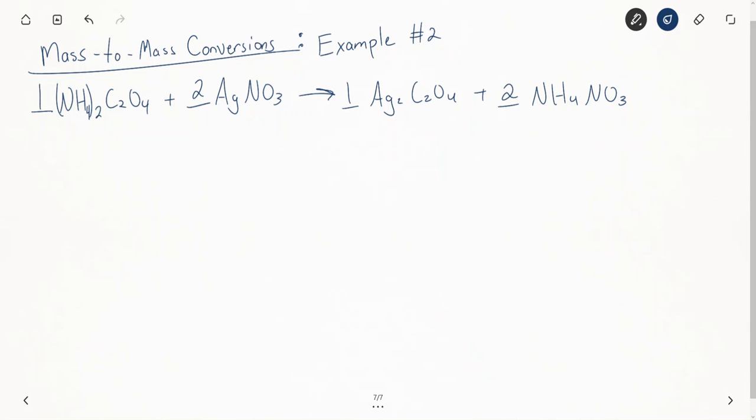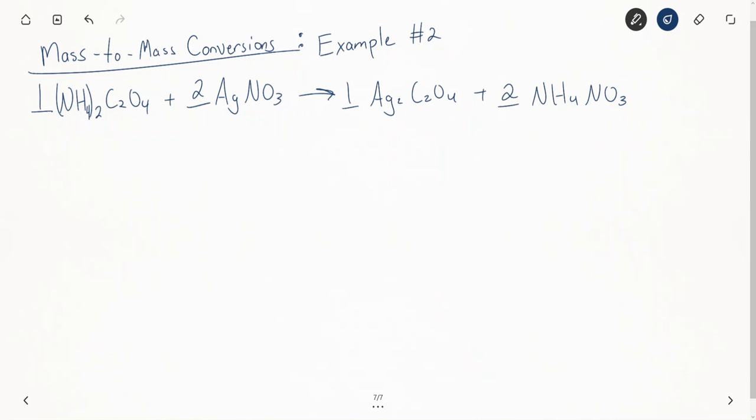If that was fast and you don't understand how to do balancing, ask us and we can go through how you would actually balance this, but we want to focus more on the mass-to-mass conversion here. So this is what we would face if we have to convert one of these substances in grams to the other. In this case, we're going to have something like, in the event that we had ammonium oxalate, let's say